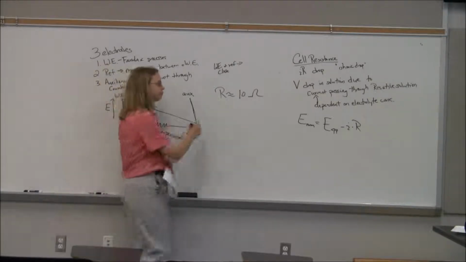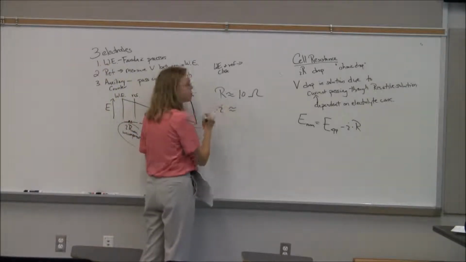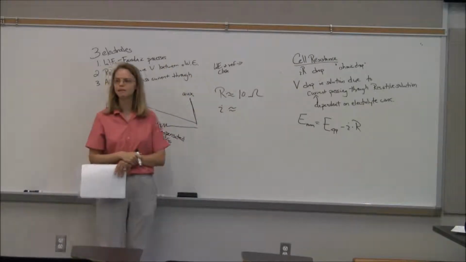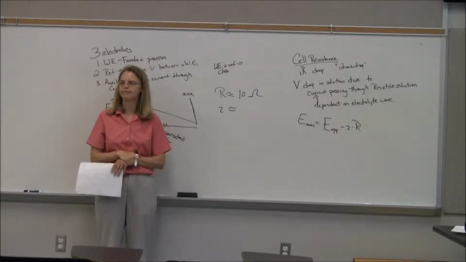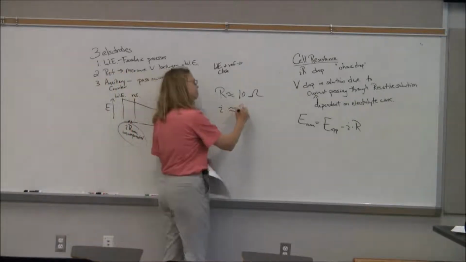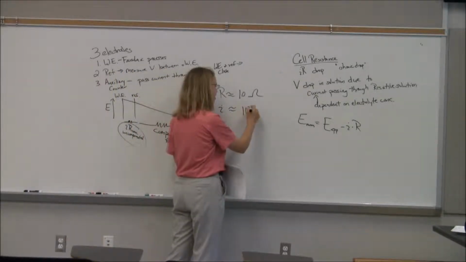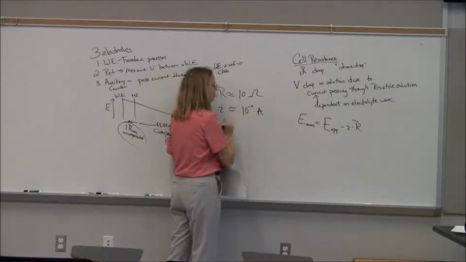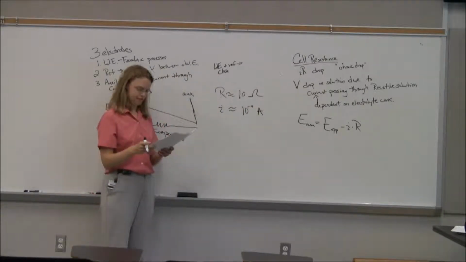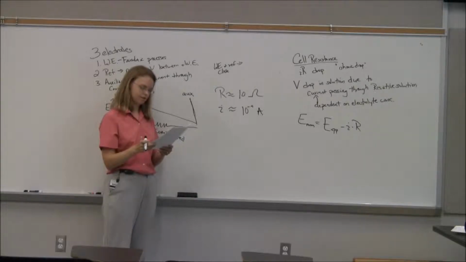What's I? Everybody should be able to answer this question. What's a typical current that you measure in your experiments? 1 nanoamp? Let's go with it. I'm looking for order of magnitude, right? Amps. We'll go with that. Something like that. So